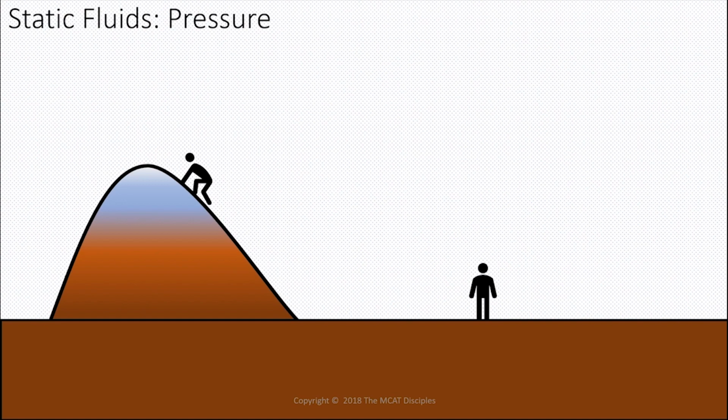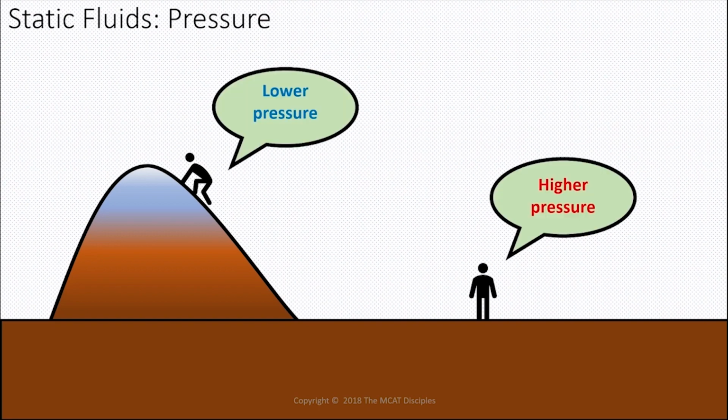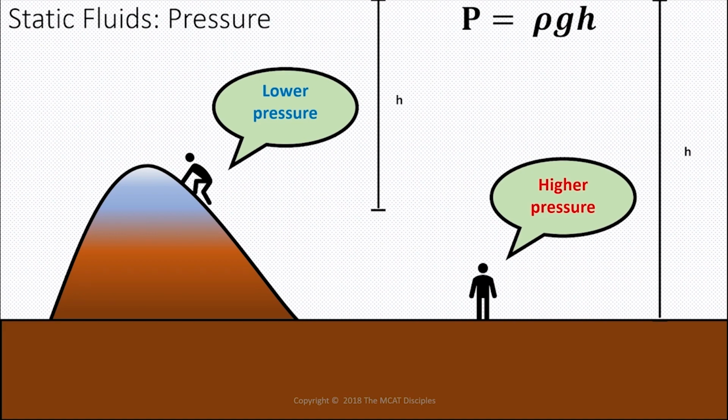Alright, I mentioned earlier that air is a fluid. And as you know, as you go higher in altitude, people say the oxygen tension drops. And it does. The partial pressure of oxygen drops. And that's just due to the fact that as you go higher up, you have less fluid molecules on top of you. You have less air molecules on top of you. So you generate less of a pressure. The height, the depth is higher from the surface than to on top of a mountain, for example.